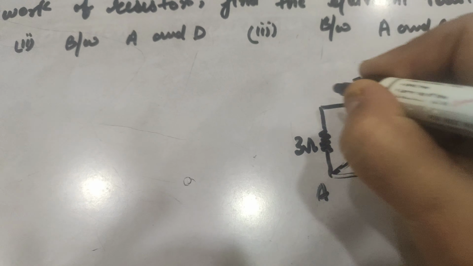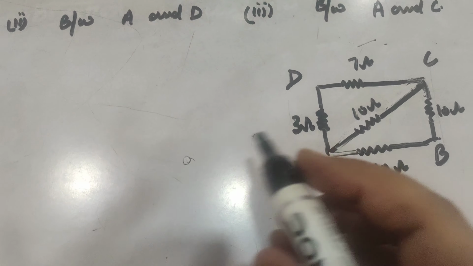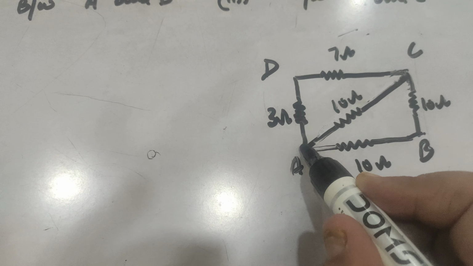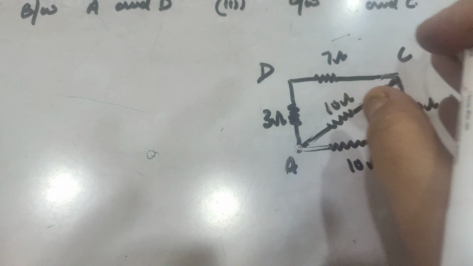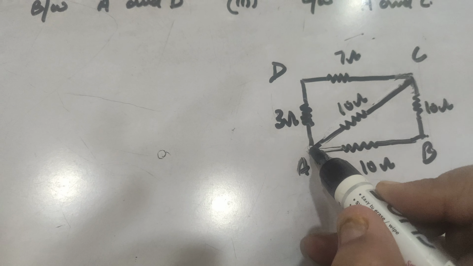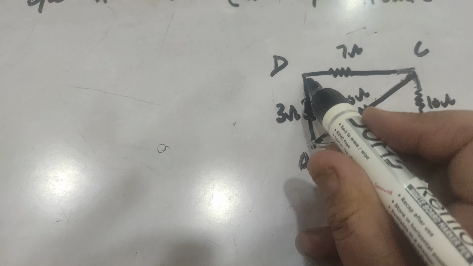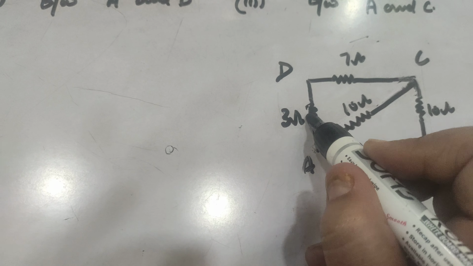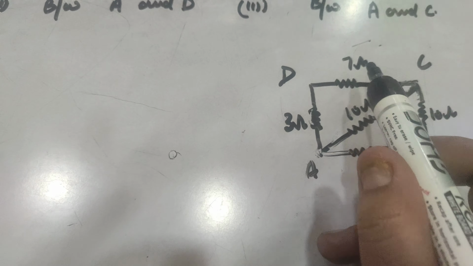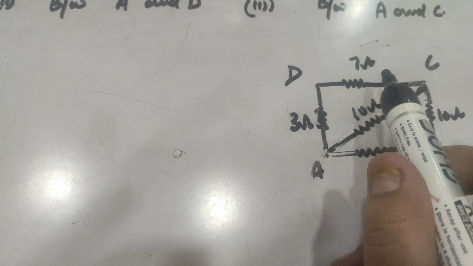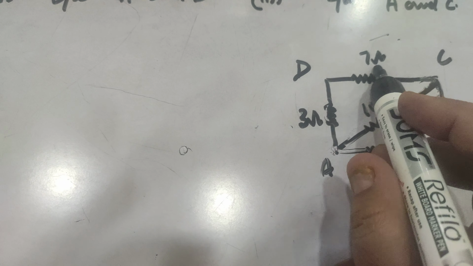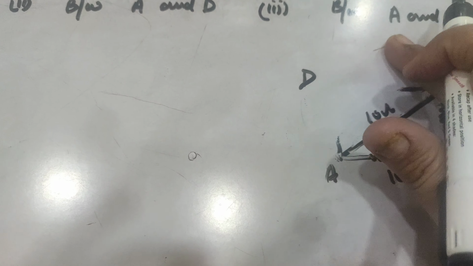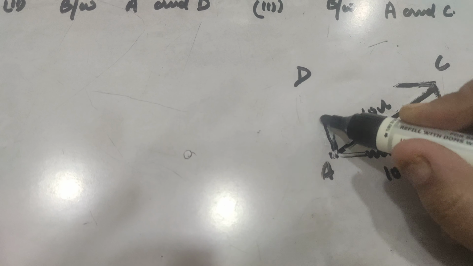Let us name them A, B and C, D. We have to find out from A to B, so we will take the one end A and we will start moving from that. When we are moving across this path, this path is a single path, so it means the resistance 3 ohm and 7 ohm becomes a series combination, so that becomes R1 plus R2 is equal to 10 ohm.